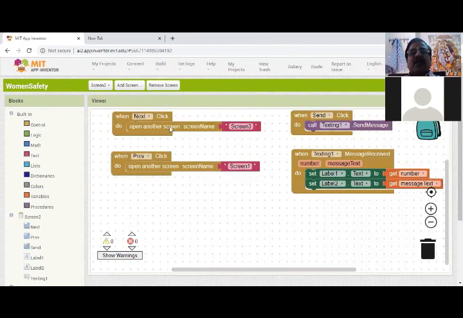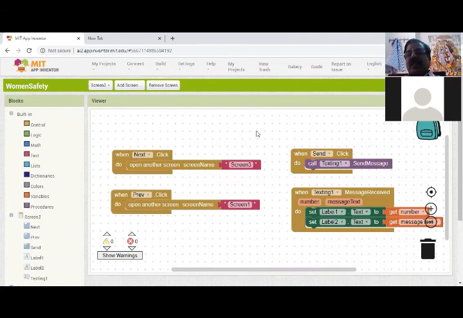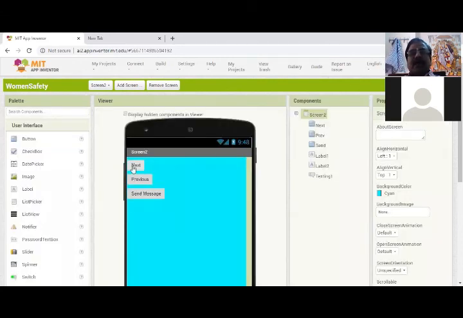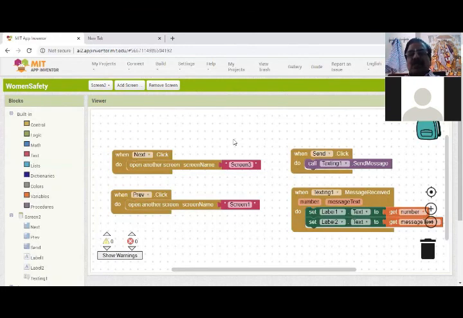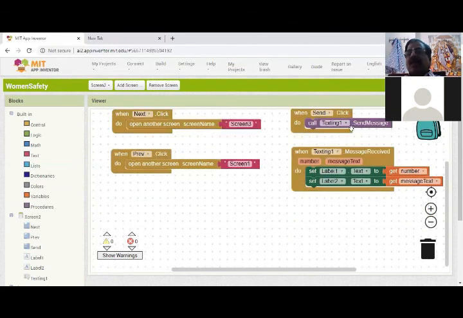Here we are going to use navigation. As the madam already said, the next screen I am going to open is screen 3, and the previous screen opens the screen before. I didn't make any designs for the next; students have to do it because it's an assignment. Here I am going to send a text message. The message is going to be help.